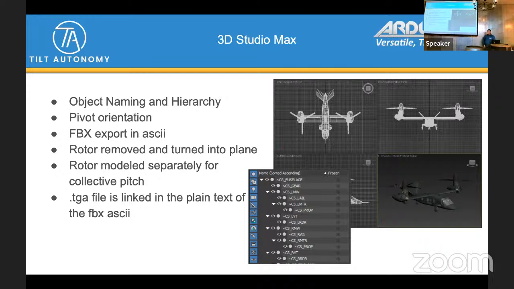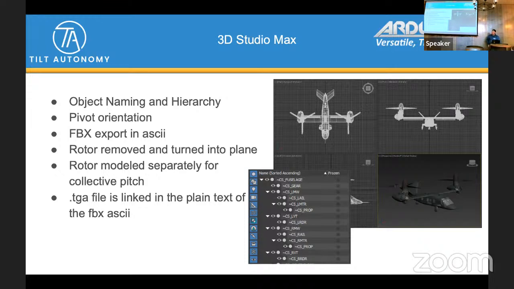So, one trick that I did sort of figure out that I think a lot of people haven't really pushed the edge on is prop modeling. The way to do that is basically remove the prop and model it as a separate entity, and then bring it in as a custom prop. Where the prop sits, you essentially define the prop as a plane, and whatever's in front of that plane in the origin space will then rotate. And so it looks like it's spinning, and you attach the prop in post.